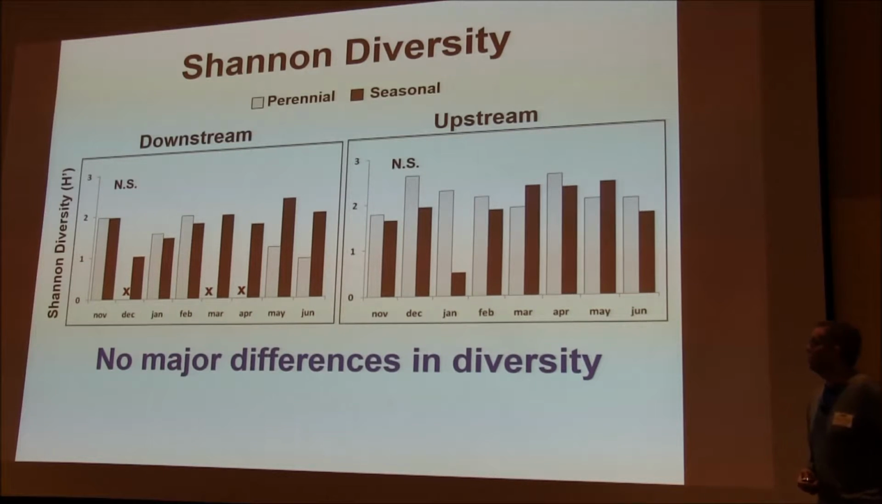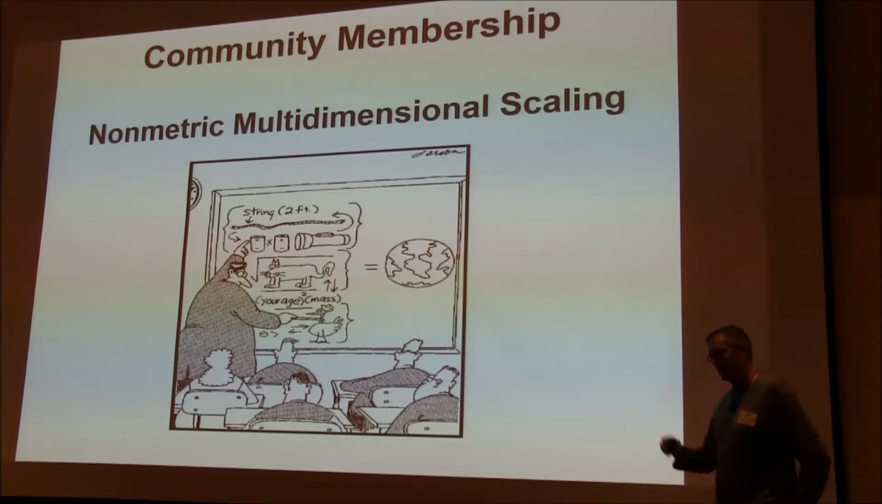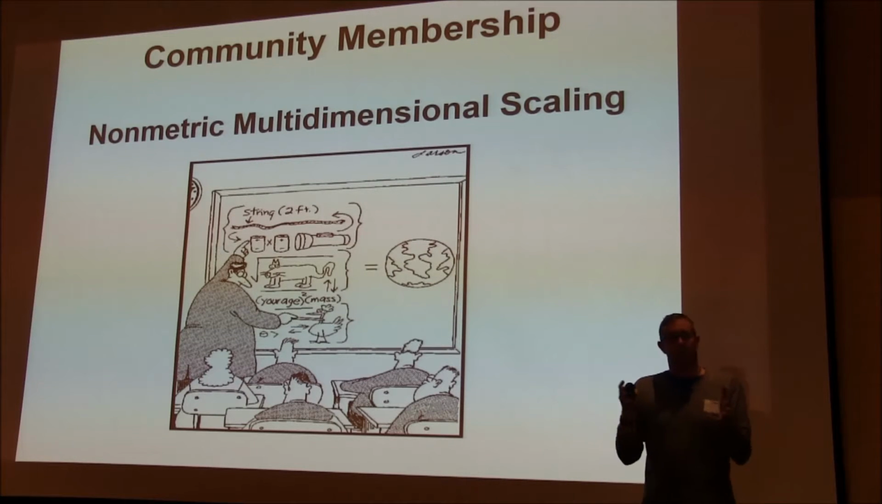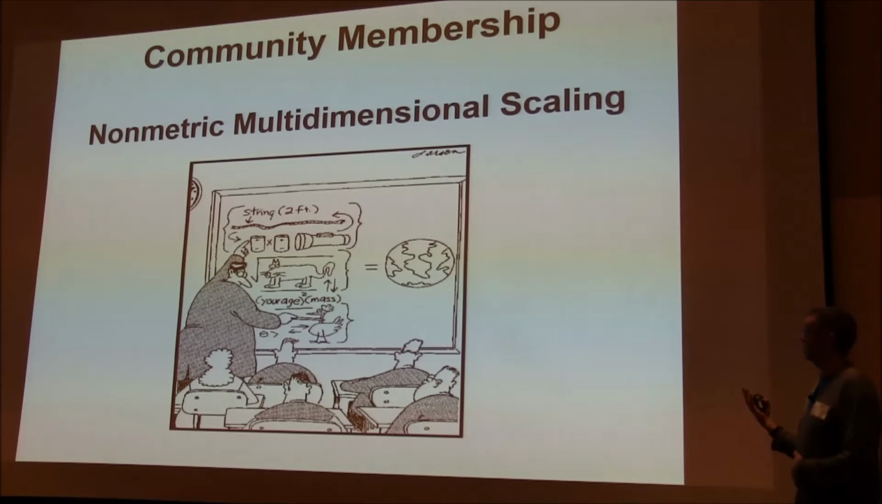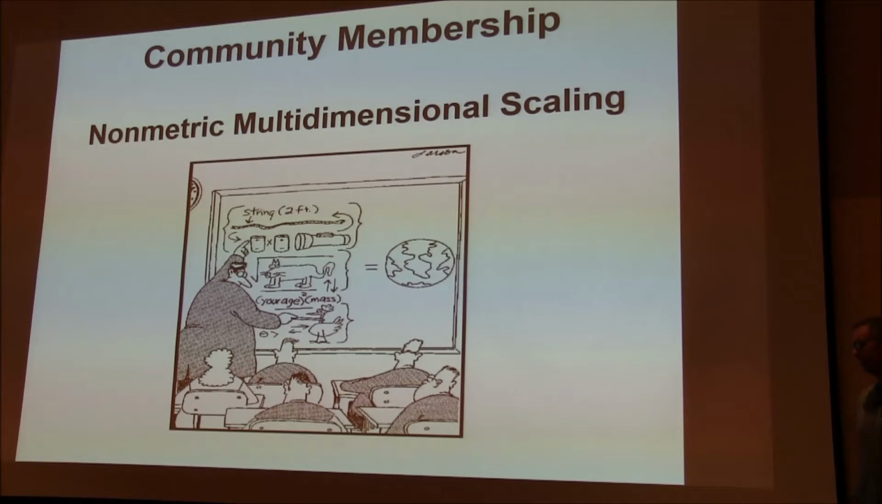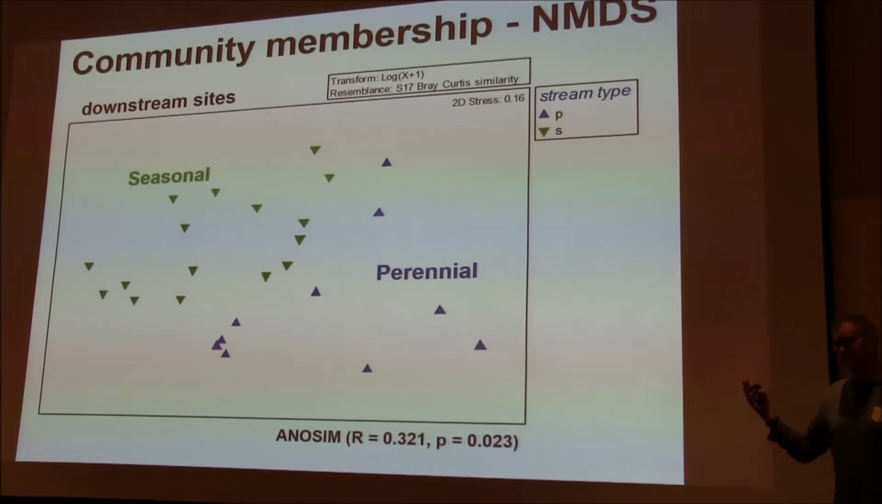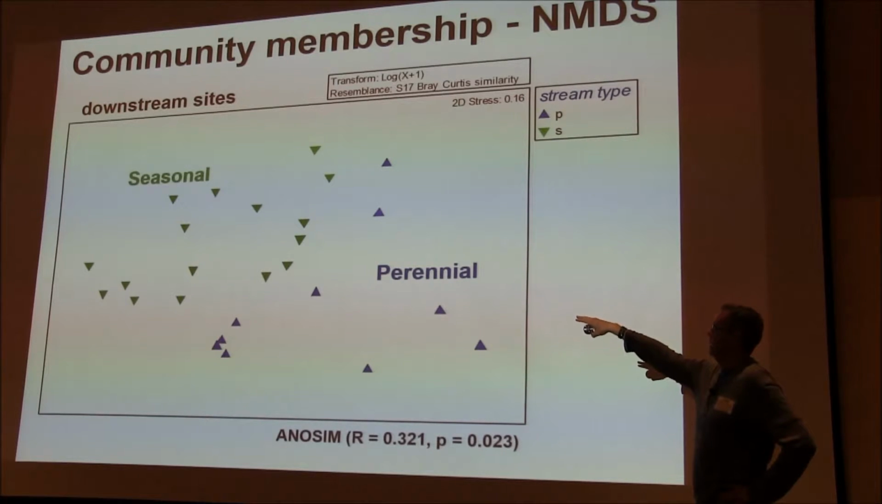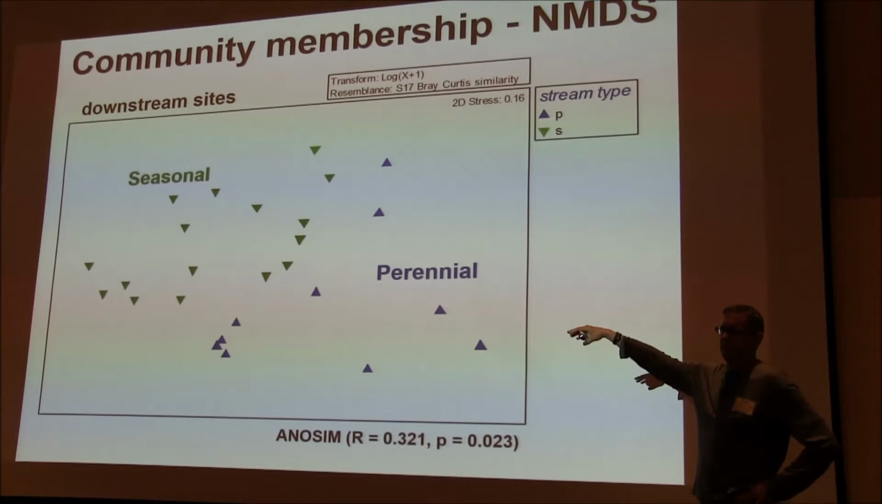So what we decided to do was ask some questions specifically about the makeup of those communities. And so we turned to non-metric multidimensional scaling to try and answer this. And I'm not going to try and explain the method to people. It's just a multivariate way of looking at stuff. And what you end up with is these biplots, if you will. Each of these is a sample,